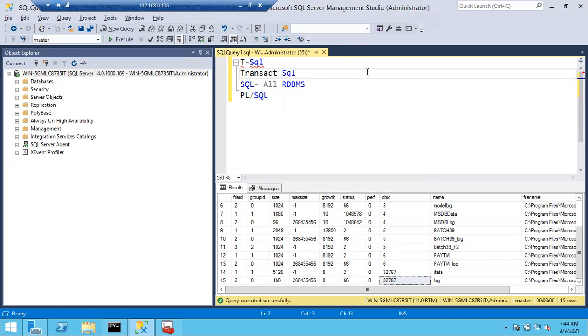Microsoft separately designed a language called T-SQL. For its RDBMS software, Microsoft SQL Server, Microsoft separately designed T-SQL. Separately means all these languages came based on the SQL language only. They just developed the SQL language as per their requirements.